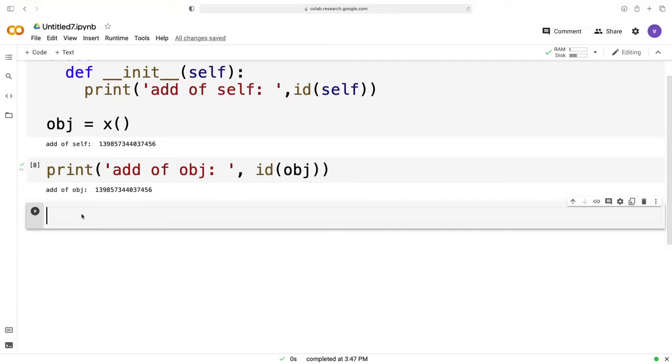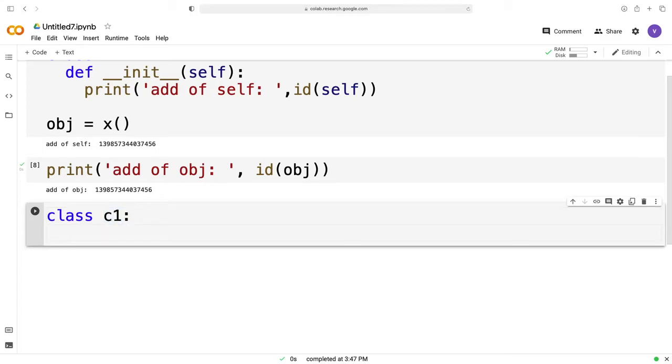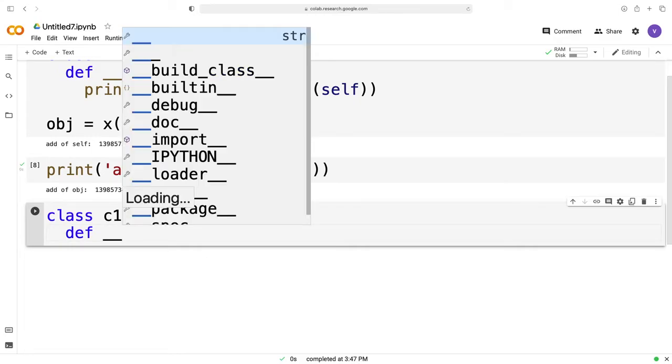Okay, now let's create some more classes. So I'm gonna use class, the keyword, which lights up with blue color. That means it's recognizing the keyword. Suppose I'm gonna name it C1 for class one, it can be anything. This should be your class name over here, and let's define the constructor. Def is basically creating a method in the class. Def is for defining a function. So I'm gonna define a constructor method over here, __init__.